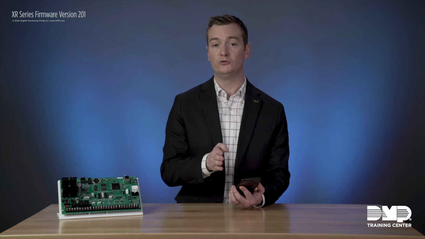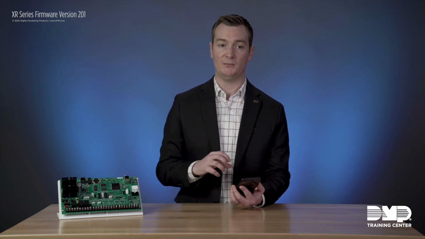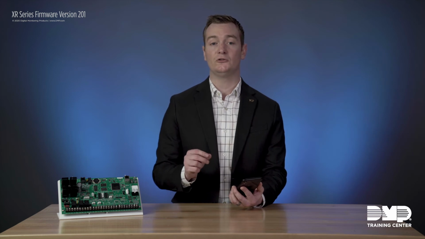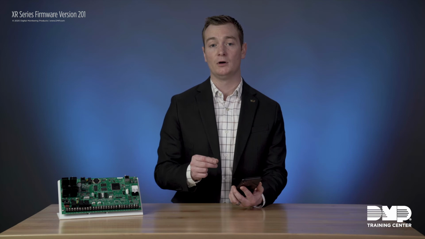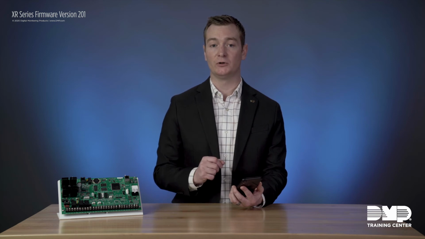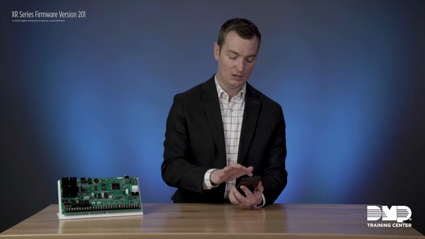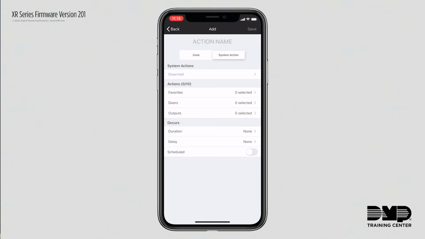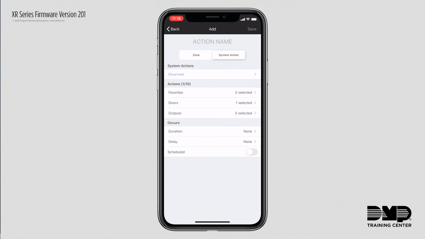What you've been used to is selecting a zone that will trigger your custom action. So let's say you want to unlock your front door an hour after your system has been disarmed on weekdays. Let's look at how we could set that up. I will choose Disarmed, choose Doors, enable your entry door, then choose the unlock state. Now let's program the 1 hour delay,